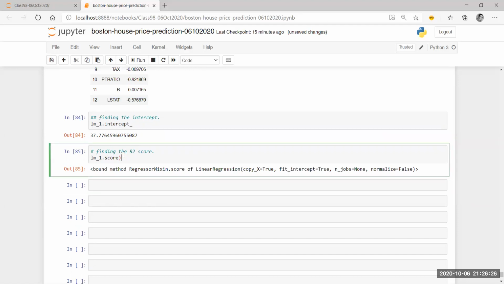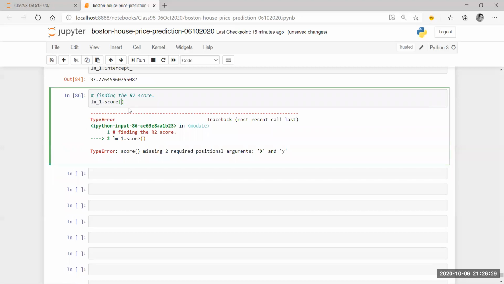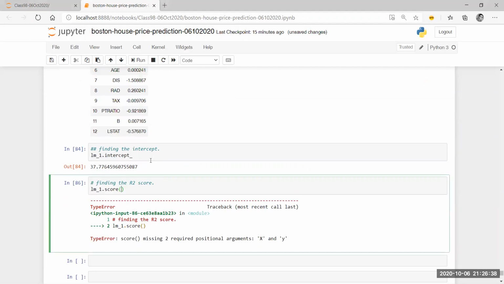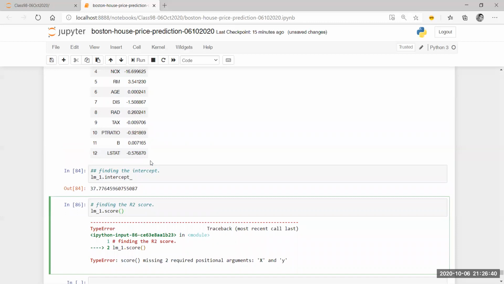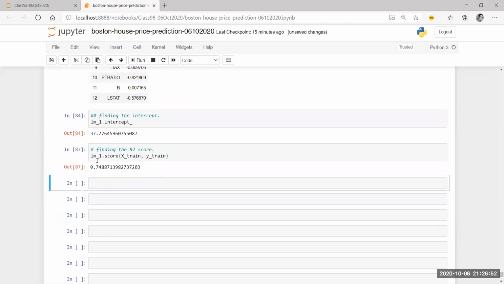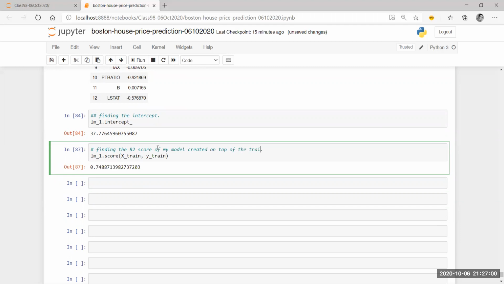It is a method, so I have to give it inside brackets, and then it is expecting two arguments, x and y. So what arguments am I going to pass in there? I'm going to pass what I am trying to compare. Am I trying to compare the training data, or am I going to compare the testing data? Obviously, if I give x train and y train, this is going to be my training data, the model created on top of the training data, which gives me an R square score of 0.74.